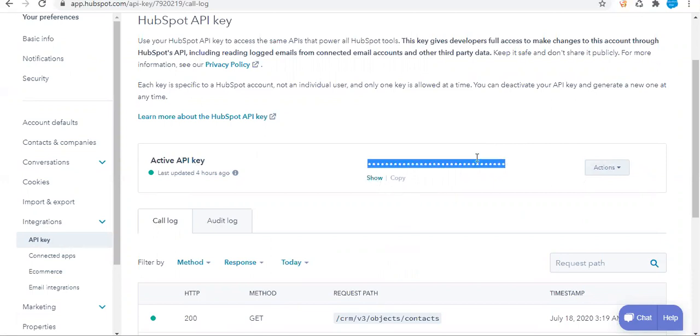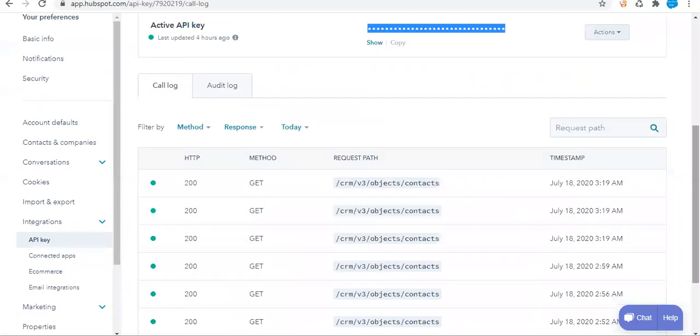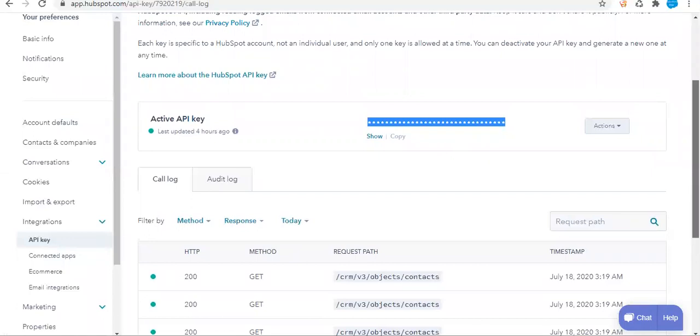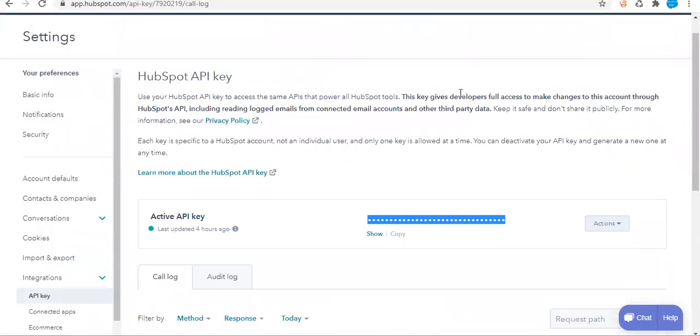We just need to use this API key for making the callout from Salesforce. And here we can see the history, these many callouts that I made from Salesforce today with this API key. Okay, now this is the HubSpot part that we need to know for making the callout from Salesforce to HubSpot and getting the contacts. Now let's go to the